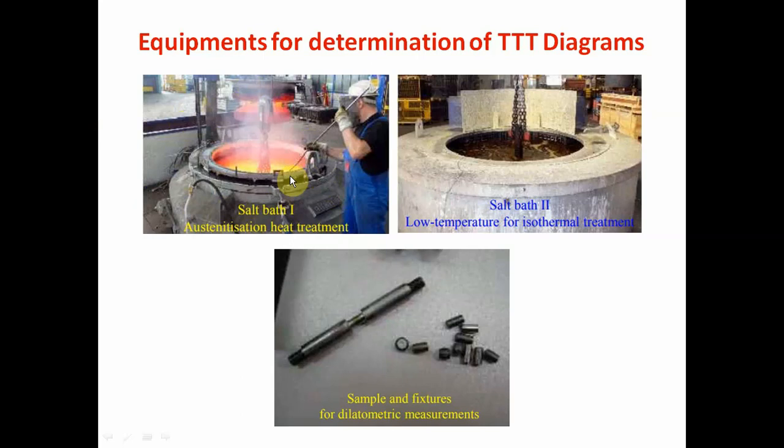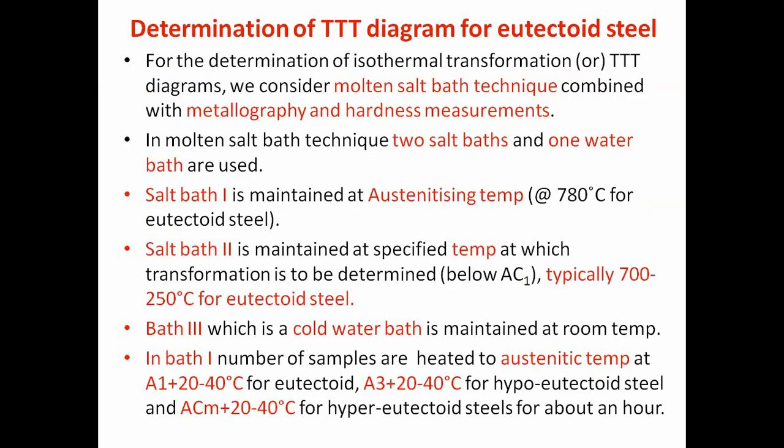Salt bath furnaces are used to carry out complete austenitization of steel, that is, formation of a complete homogeneous austenitic structure. Then this second figure indicates a salt bath furnace which is maintained at a lower temperature than the upper critical temperature for isothermal treatment, and these are different samples and fixtures for dilatometric measurements. So before plotting the TTT diagram, it is required to hold two salt bath furnaces at two different temperature intervals